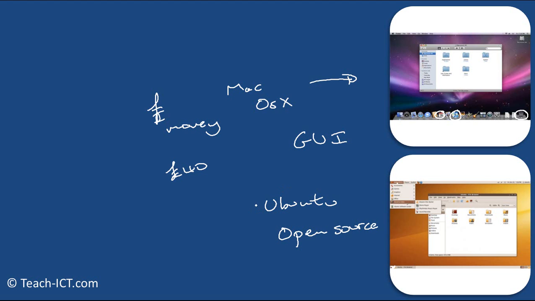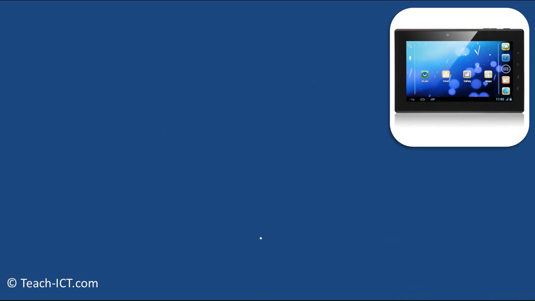The only problem with that is that some of the software, Microsoft Office for example, you would not be able to install directly onto this particular machine. You have to use something like OpenOffice, which is fine and dandy for 95% of the things that you guys are going to do. So Windows, Apple Macintosh operating systems, Ubuntu, and then we have